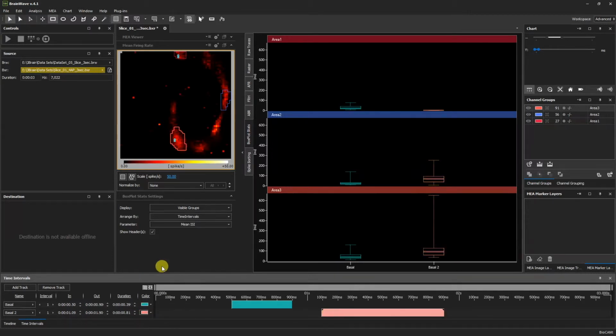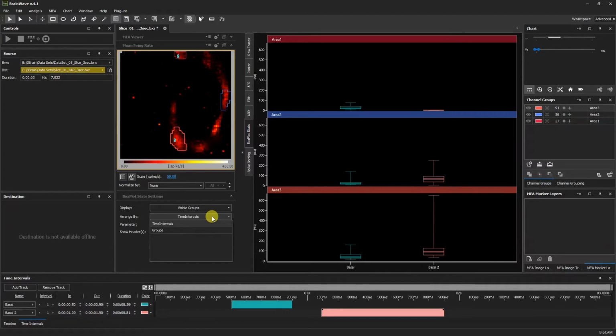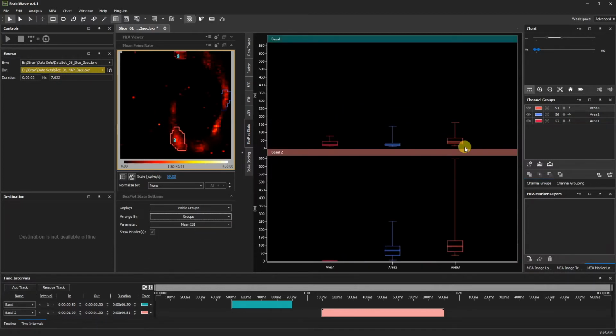If we wish to delete a time track, simply selecting it and going to Remove Track will remove it from your list. In addition to viewing our data by time intervals, we can also click to arrange by groups. Here we see that the mean ISI has been organized by groups along our different time frames. We can visualize by any parameter by going to Parameter, and this time we will choose the mean max peak